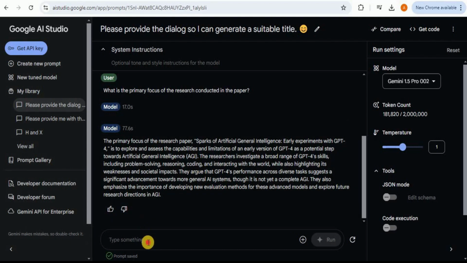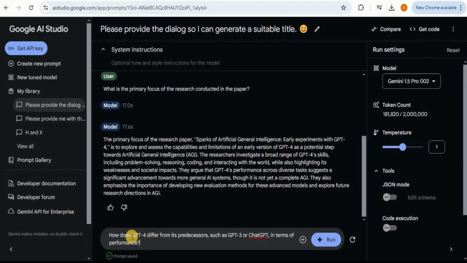Now let's ask it another question. This time I'm going to ask how GPT-4 differs from its predecessors such as GPT-3 or ChatGPT in terms of performance. Here I'm also going to tell it to refer to the paper, so that instead of answering using its own knowledge, it will refer to the research paper to answer this question.